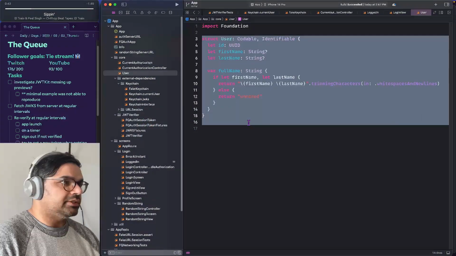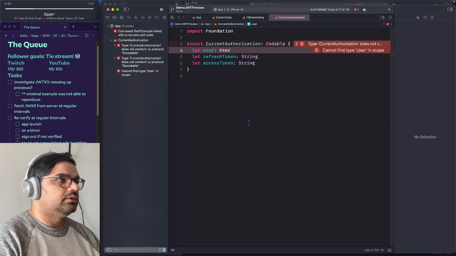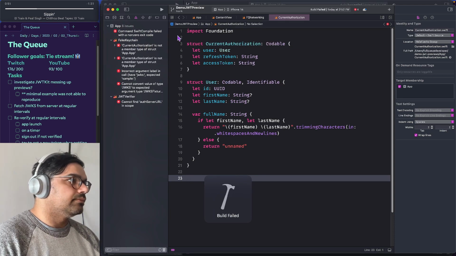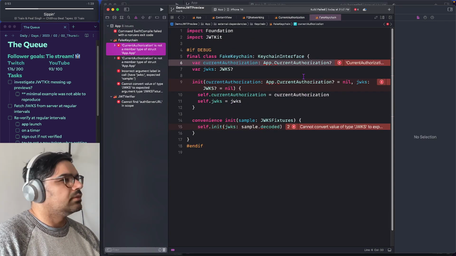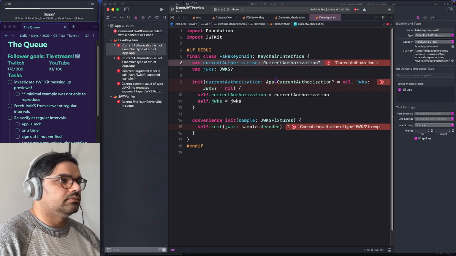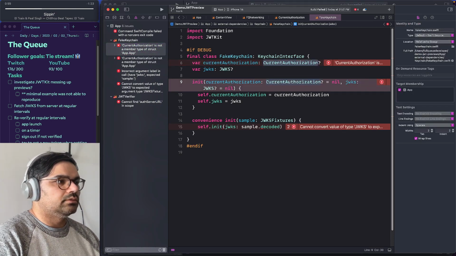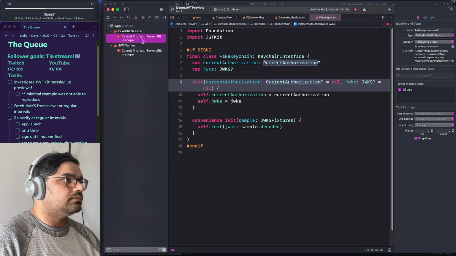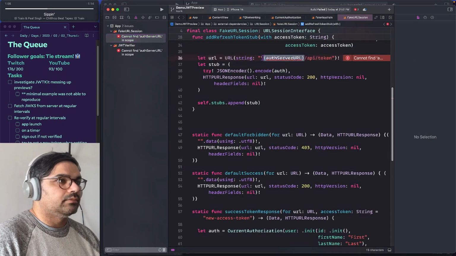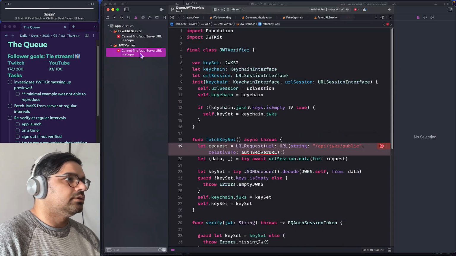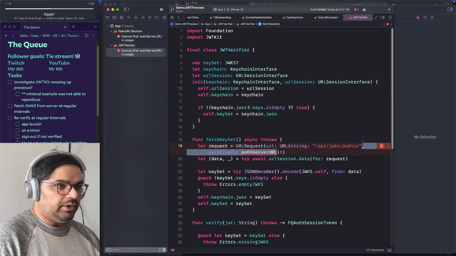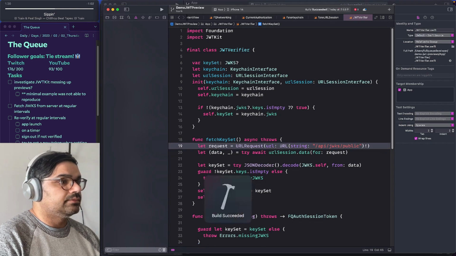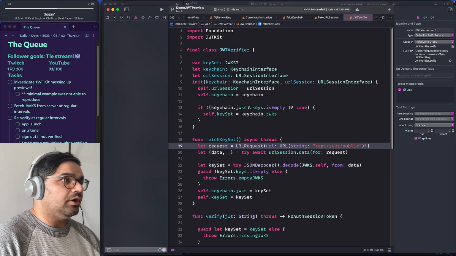Just trying to make a minimal example. This is just a URL. Don't care about an actual real URL. Okay, build succeeded. So now if we go back to our preview,